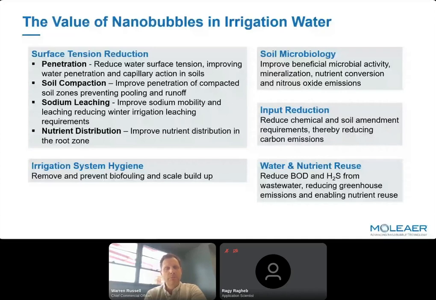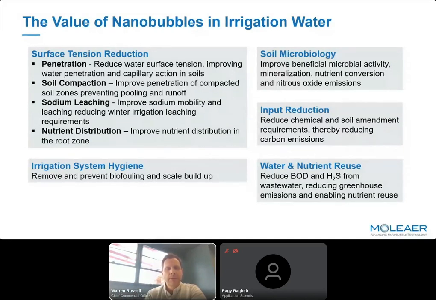And then also, most importantly as well, is improving the mobility of sodium and certain salts in that soil from a leaching perspective. And then nutrient distribution. So nutrient efficiency, particularly as we know that the cost of nutrients has increased so significantly over the last at least 24 months, looking at how nanobubbles improve that distribution uniformity and efficiency of